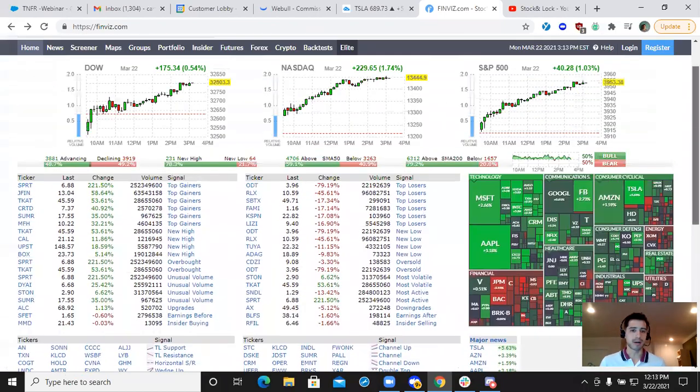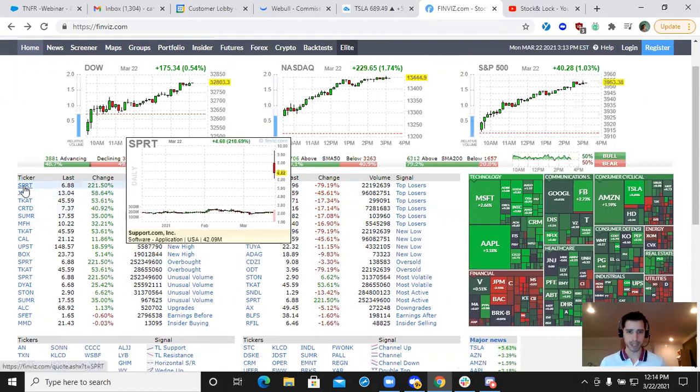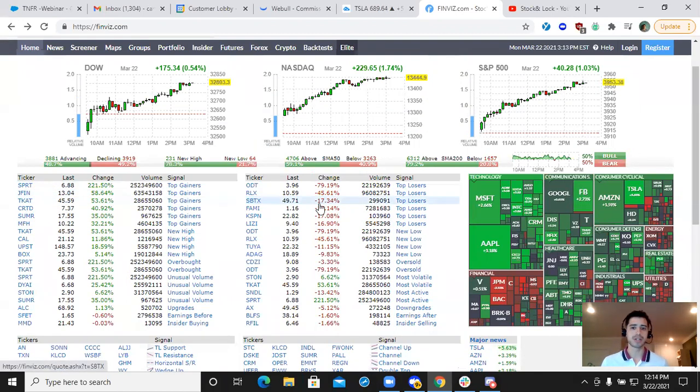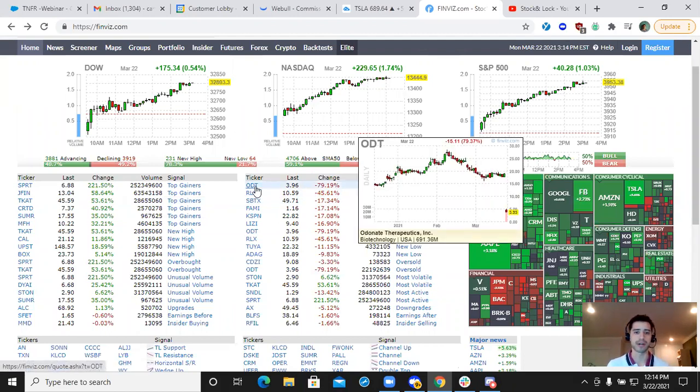Next, what I like to do is head over to the top gainers and top losers. This is important, especially if you're day trading, to look at total volume. As we could see, SPRT, huge spike this morning. JFIT, new highs. So sometimes even if you go to the losers, you can potentially see some good entry points for these losers. For instance,